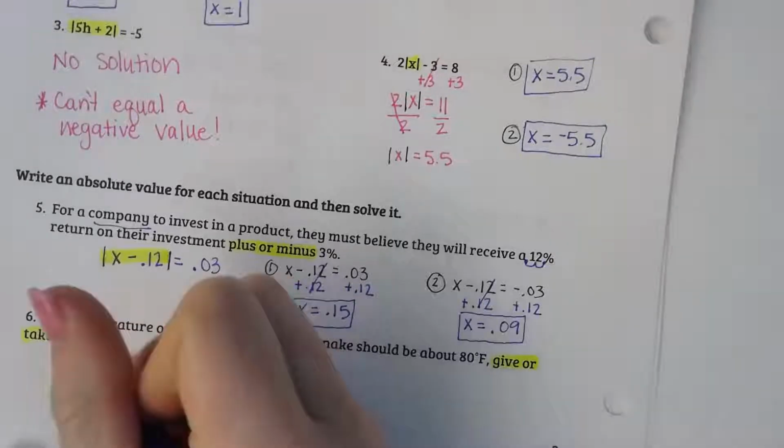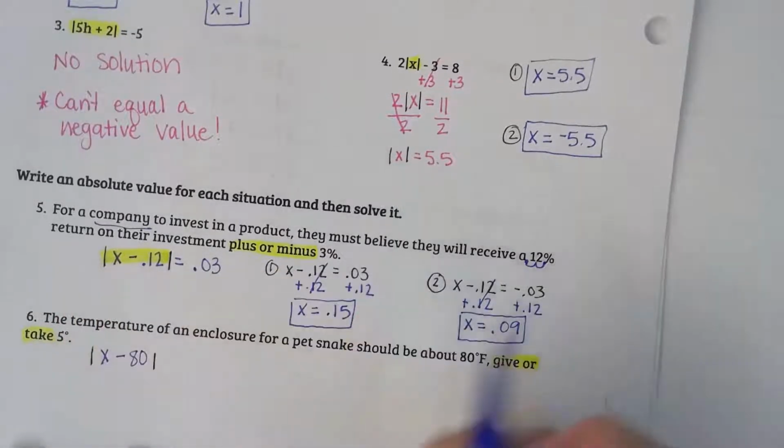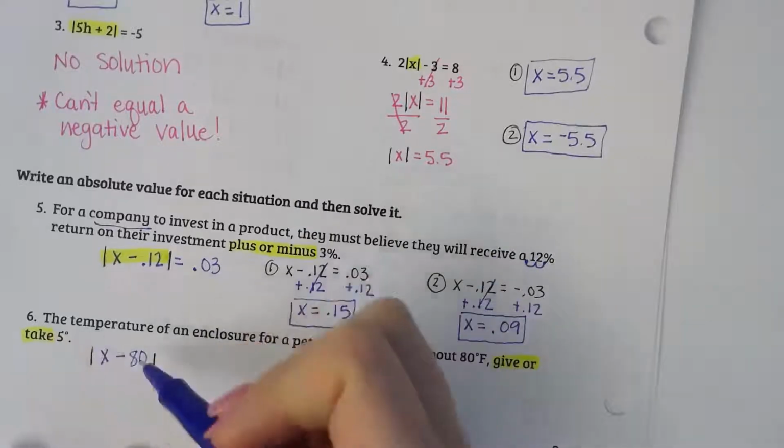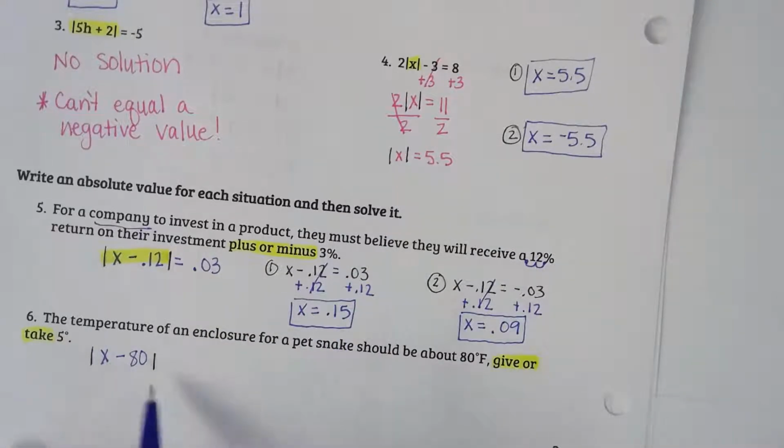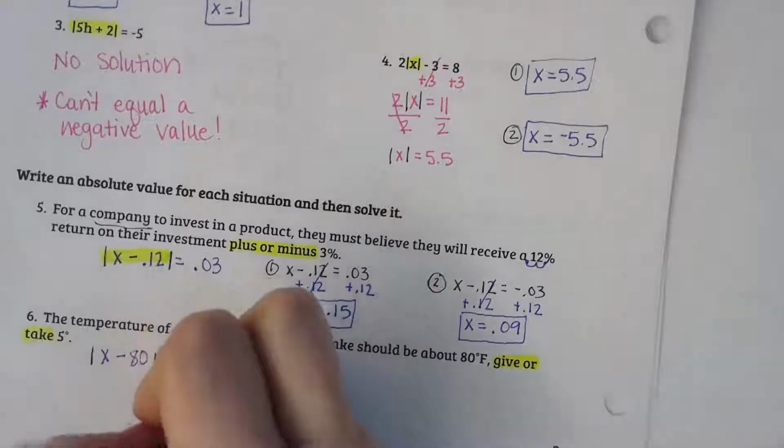And what's in your parentheses should always be minus whatever. That might also help. So x minus, so it's the overall temperature of the enclosure has to be at least 80 degrees, and then give or take your